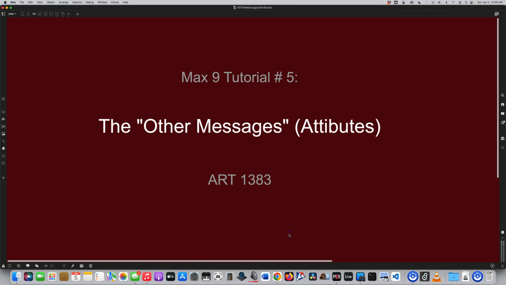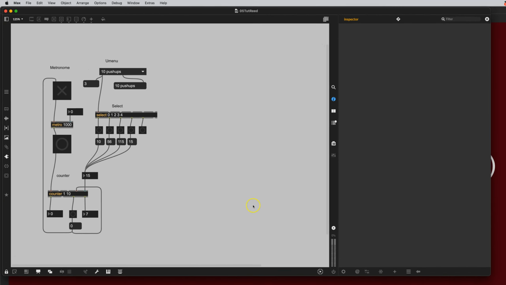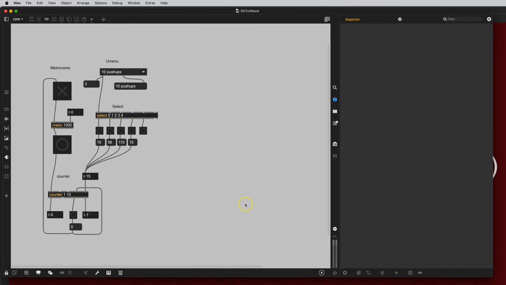Well, when last we left tutorial number 4, we had made this groovy timer, and we've been sending messages around. We learned that sending this X would send a message down here of a 1. It would turn the metronome on. The metronome is sending out bangs. That's making the counter send out data. That's making it send out bangs. And